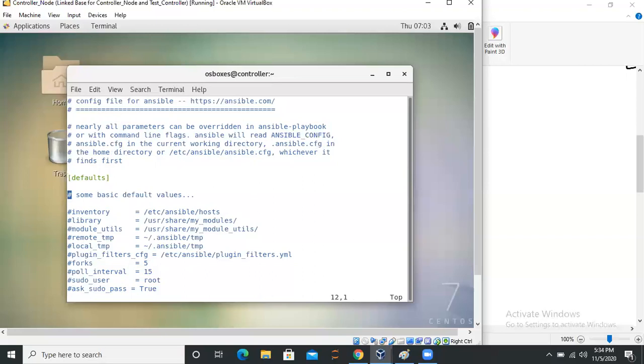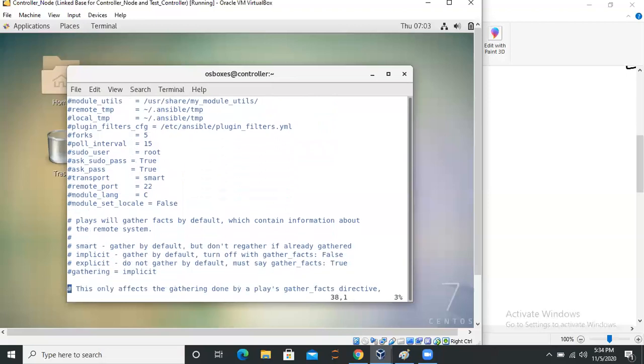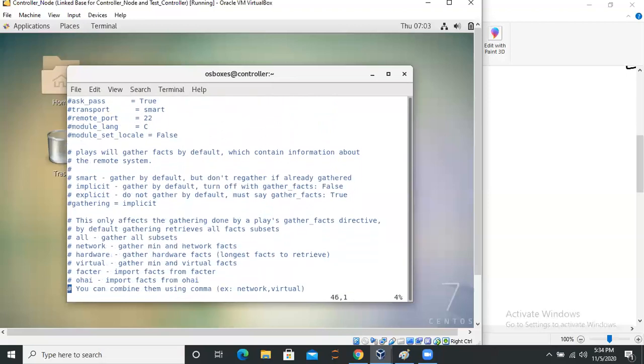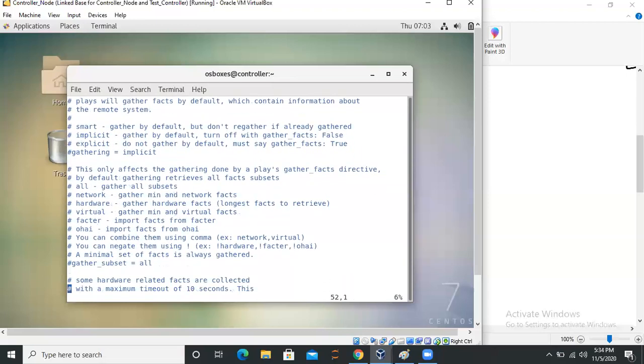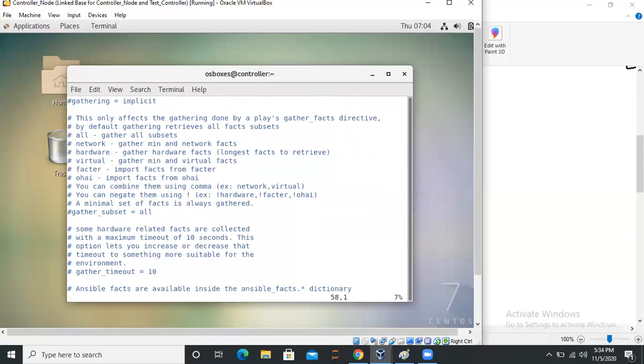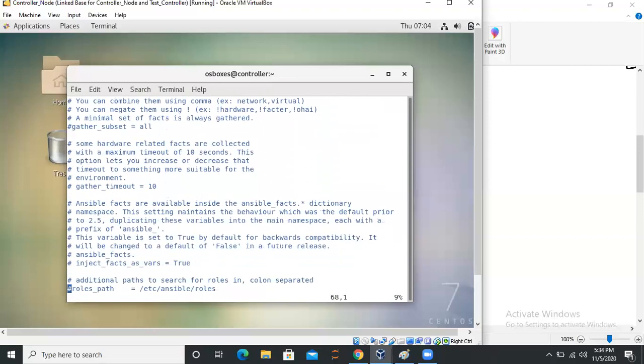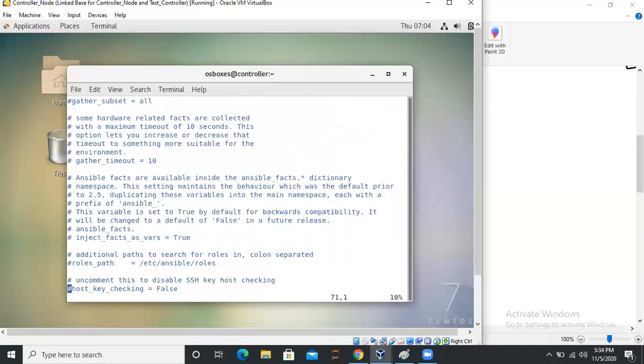Okay, so the default section contains things like inventory, library, remote temp and all. You don't need to know everything over here. The things which you need to know, I'll show you or tell you. Don't worry. This is just the section which will contain most of the configuration.